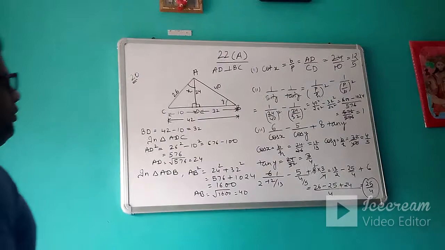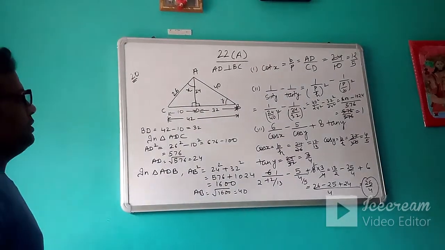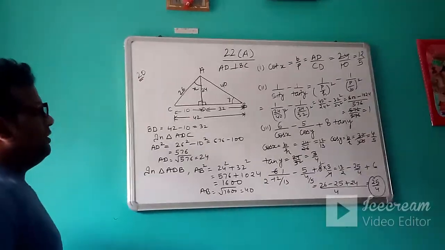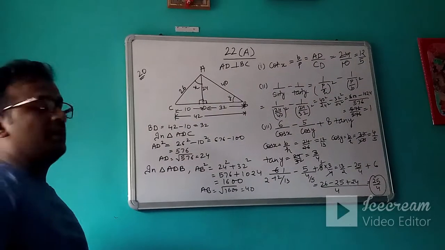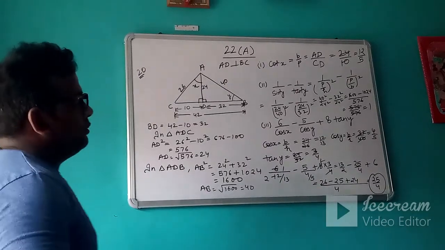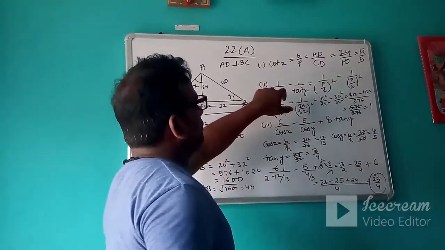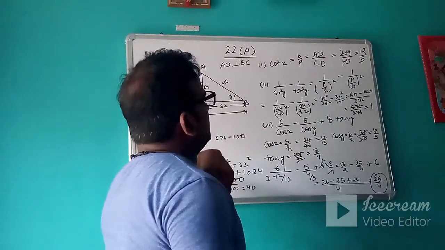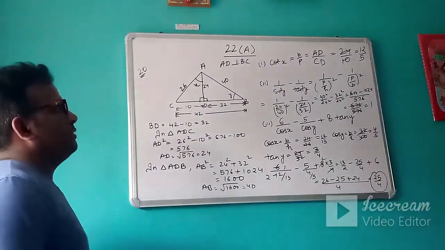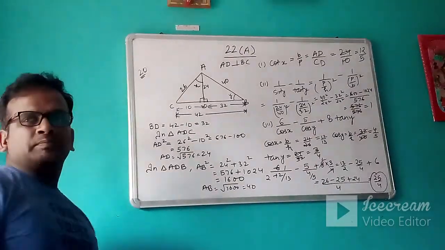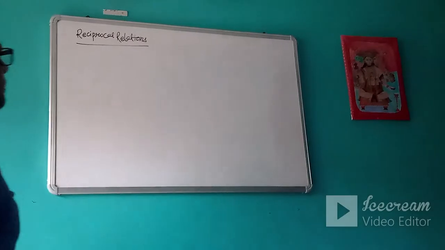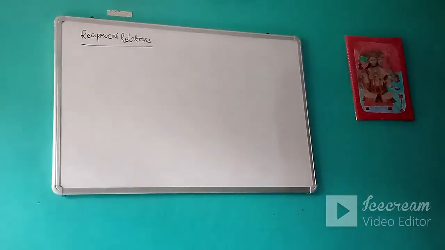Okay, so this is how you can solve questions of this type. When the sides are not given, you will first find the value of the sides using the Pythagoras theorem, and afterwards you will find the values of the trigonometric ratios which are asked in the required expression. So this is your first exercise of trigonometrical ratios. Now let's discuss the further topics of this chapter, trigonometry.